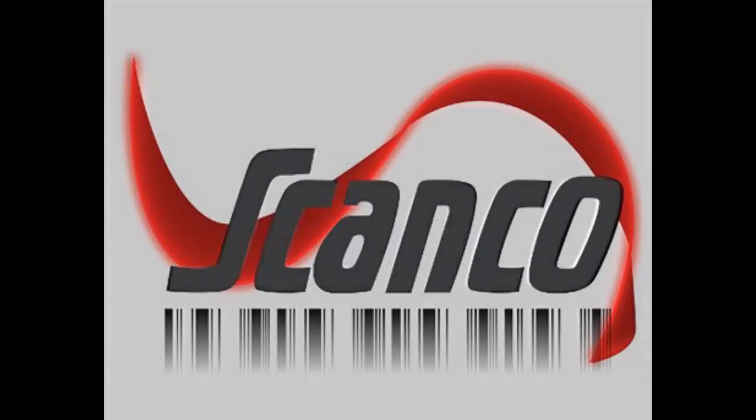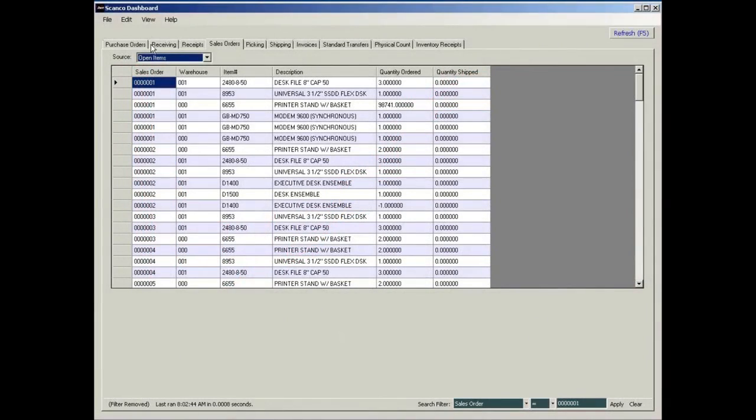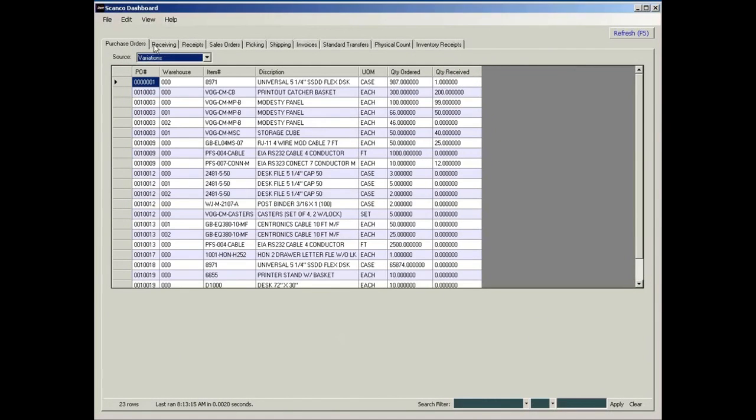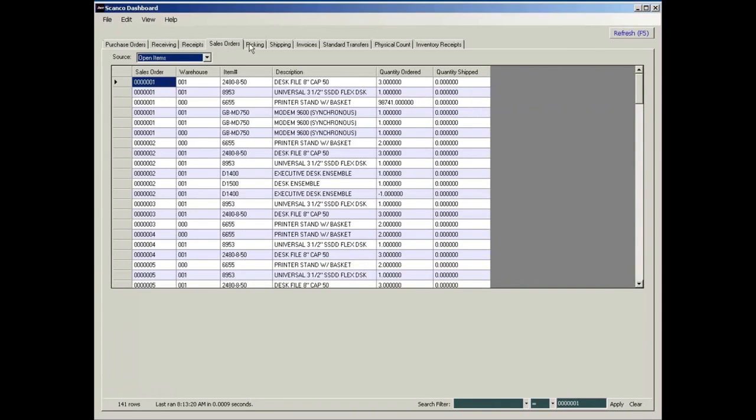Today I'd like to give you a quick demonstration of exactly how the Scanco Dashboard works with the warehouse product. As you can see, you have many tabs up here at the top, and they each display different information. And you'll notice that you have the ability to do a drop down here to look at different information pertaining